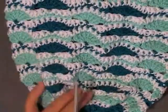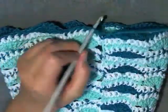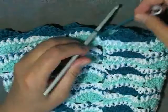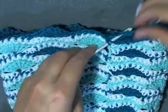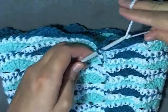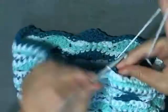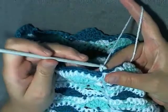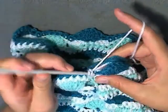And I'm on the dark color again. Now I've been switching colors every round. Okay, so what I'm going to do is go into my last stitch here. And I want to change my color. Okay, for round 32, change my color. And I want to chain 1. And now in the next stitch,